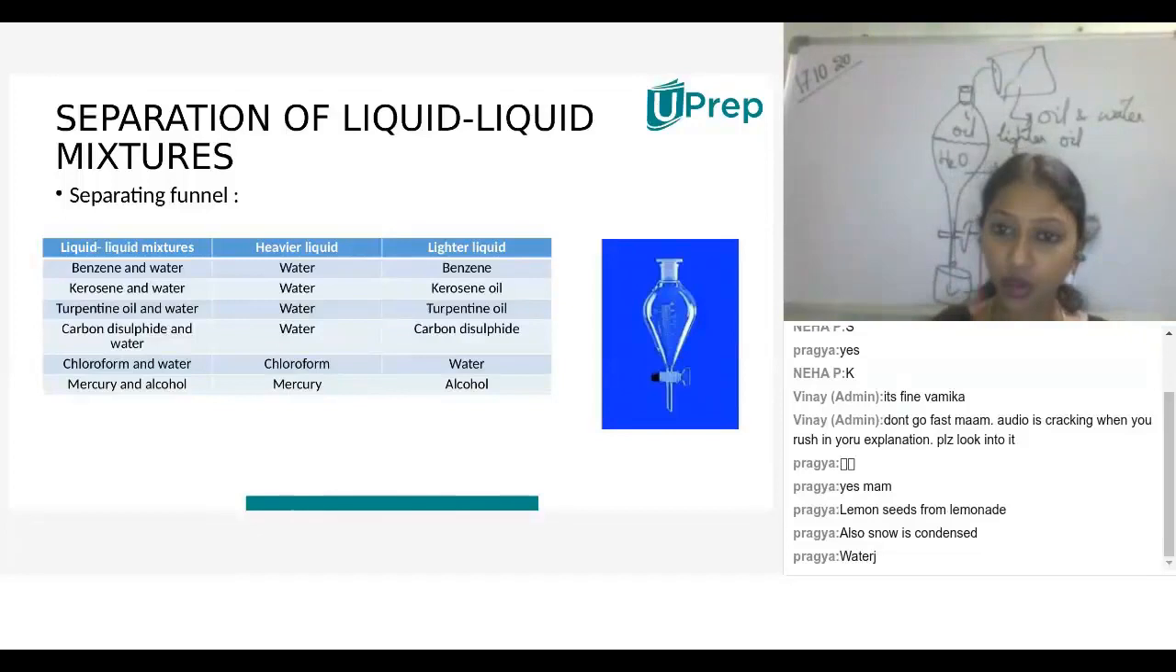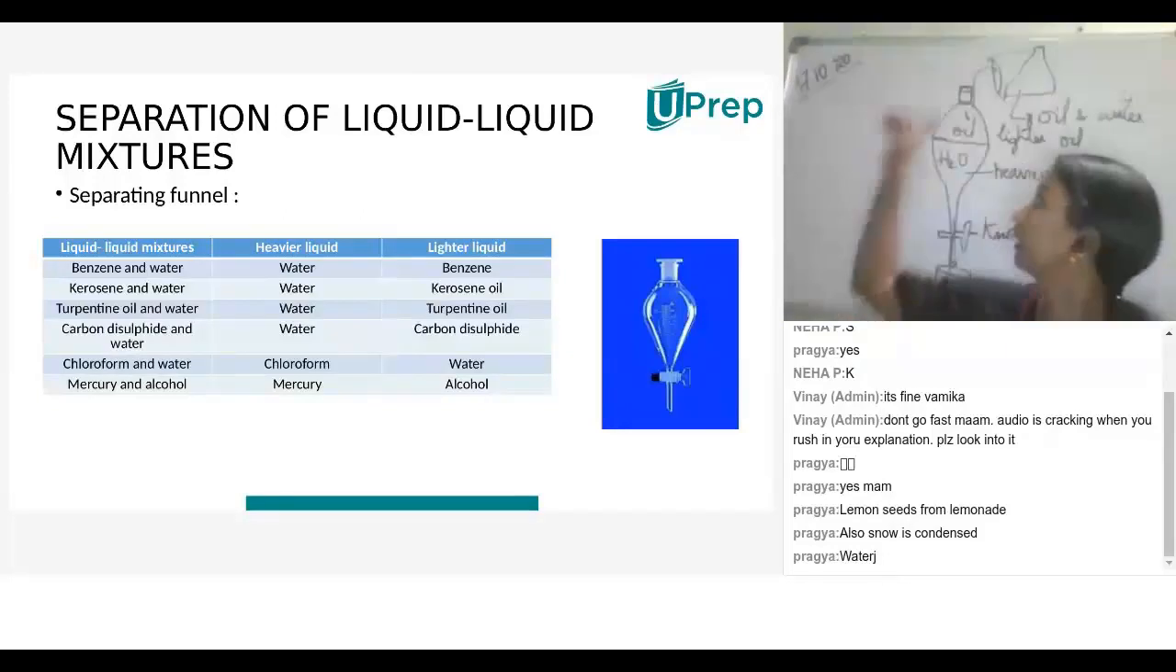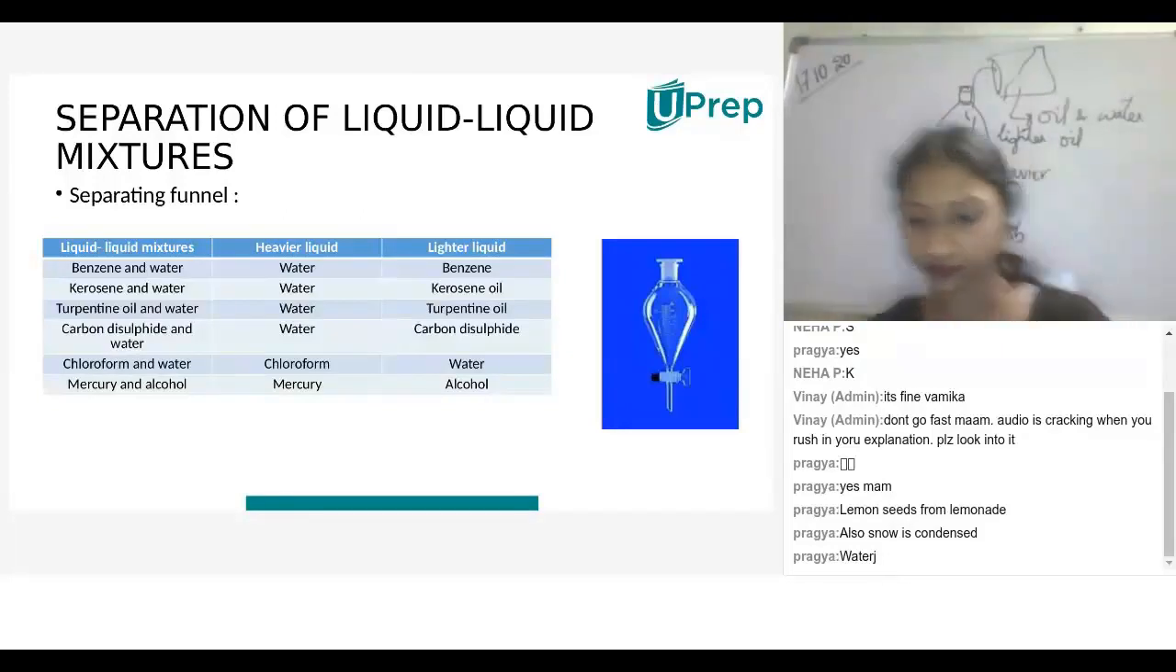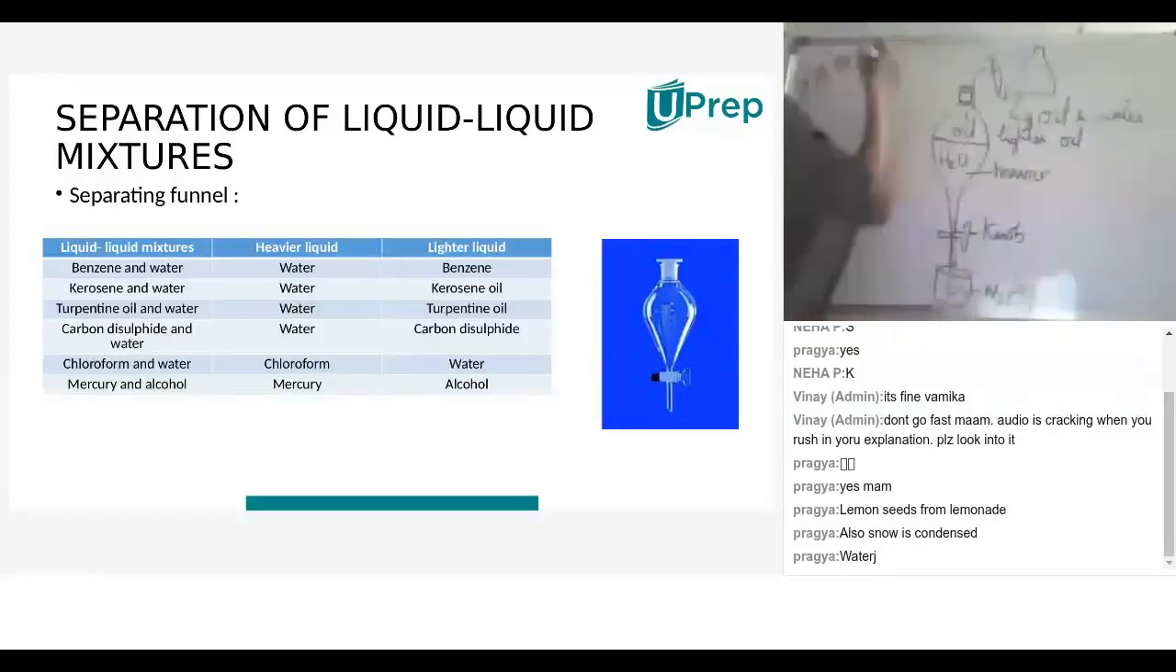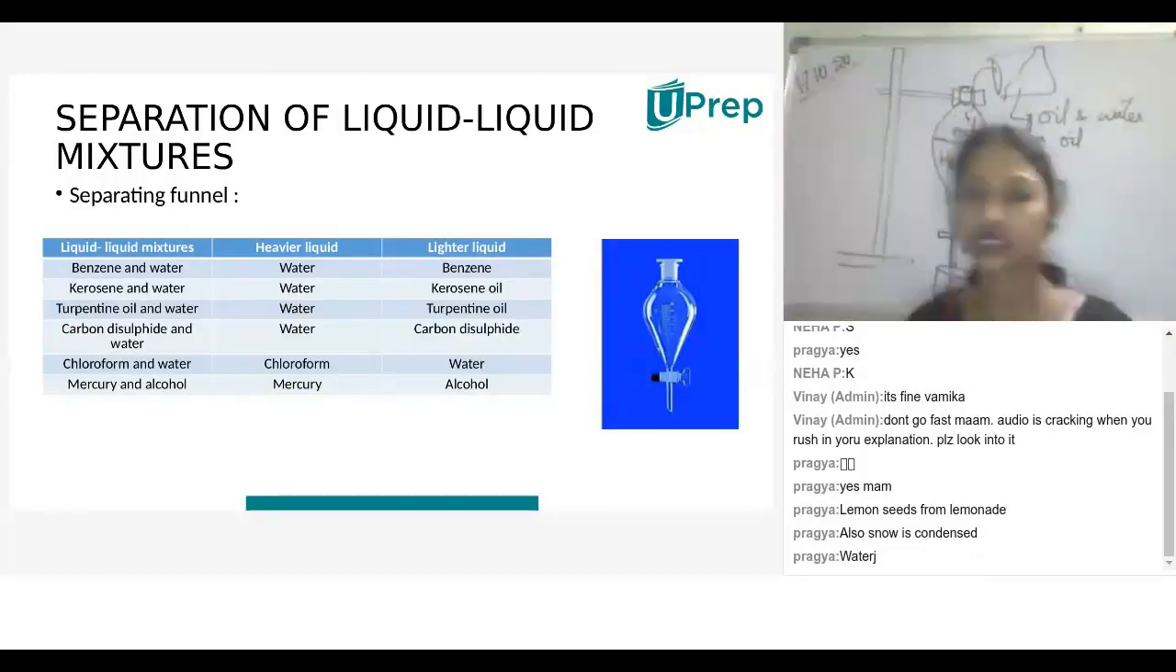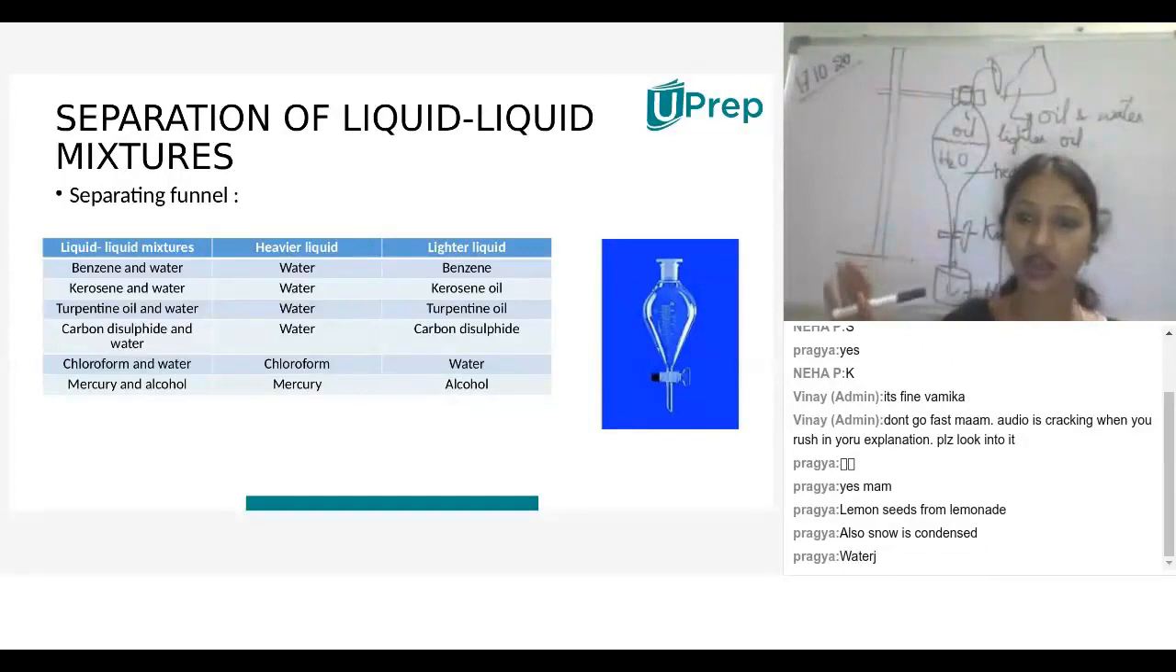After closing, I just shake by holding with the left hand, and with the right hand I shake. Otherwise, if it is not possible to shake, just use a clamp stand. Fit it like this, so that it will be hanging down. This is nothing but a clamp stand. By using the clamp stand, allow it to stand, leave the separating funnel for a few